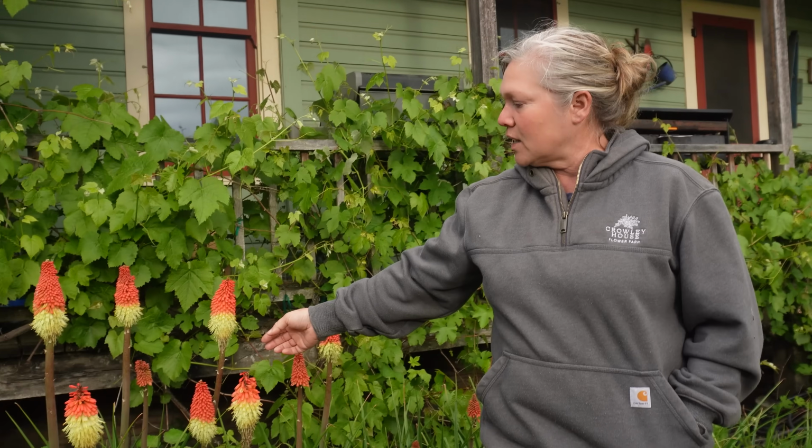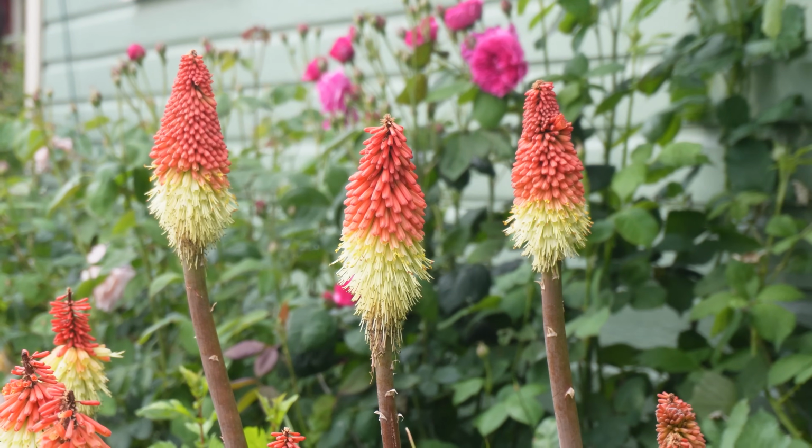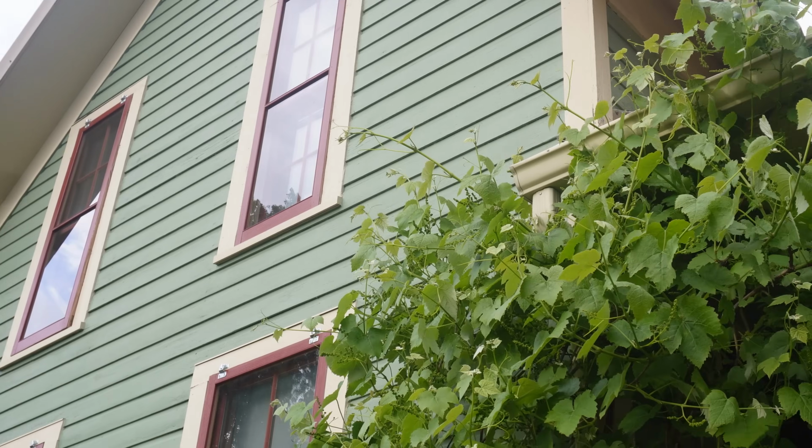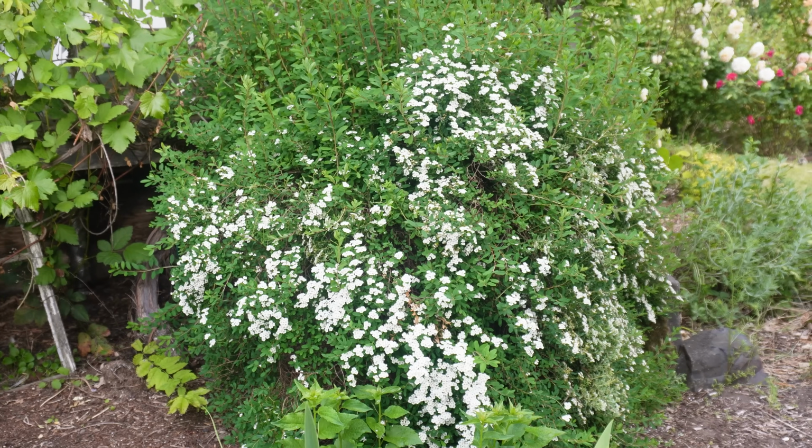Okay, so over here we have fire pokers, which are kind of fun. We get a lot of birds coming on this, so it's a little entertainment spot on the house. I can see it from my kitchen. They just come and nibble at it. It's really fun. Then we just have some more roses popped along the house. Grapevine. There's some spirea down here, which is just blooming. It's a white spirea. And then we have the Alchemist Jam rose